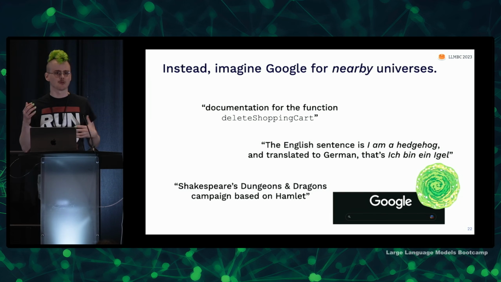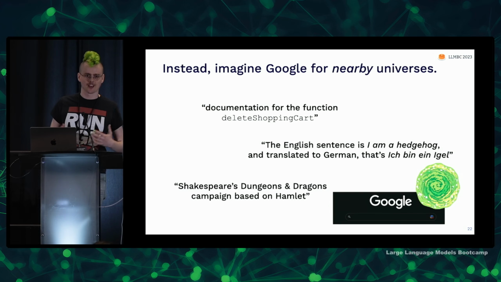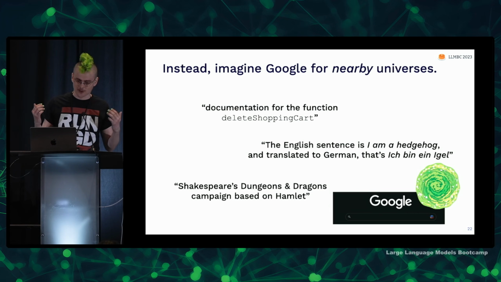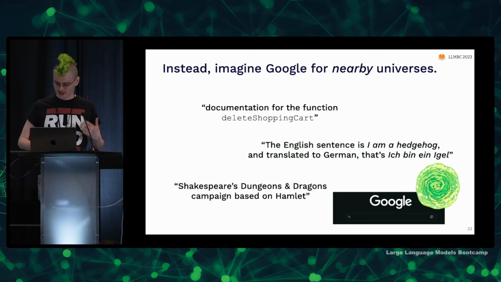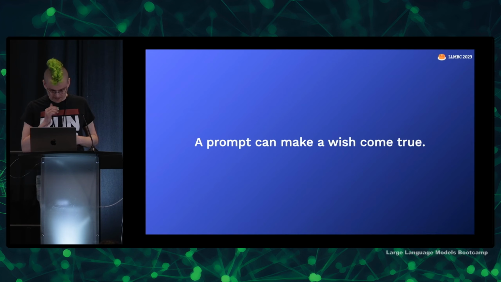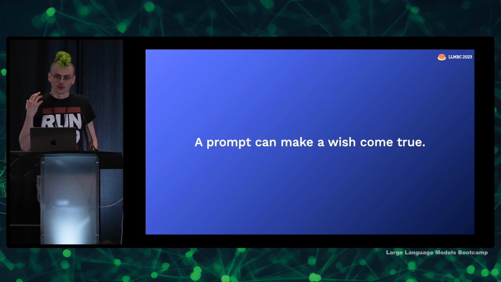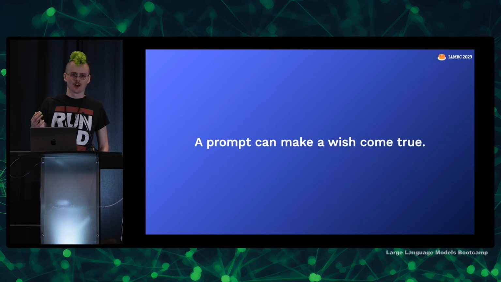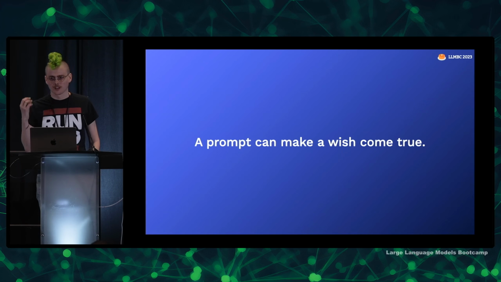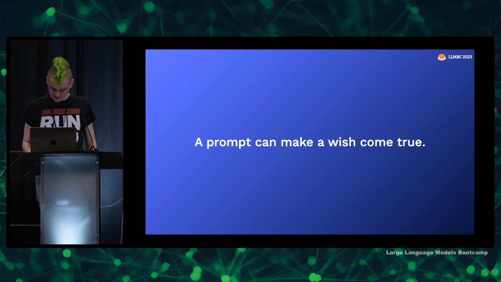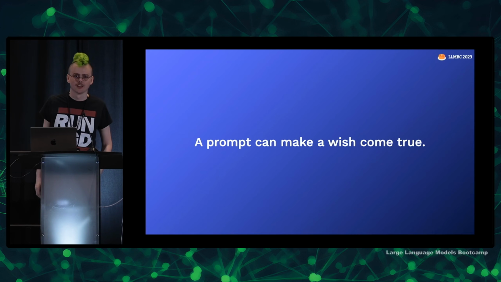And there are lots of ideas in documents in our world that haven't yet been combined, but could easily be combined. So, Shakespeare's Dungeons and Dragons campaign based on Hamlet. That's not too far away either. So the core intuition here is that for language models that are just probabilistic models of text, we are shaping and sculpting from the set of all possible documents, from a set of possible universes. So that's a cool magic spell.